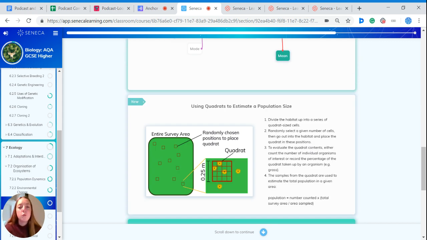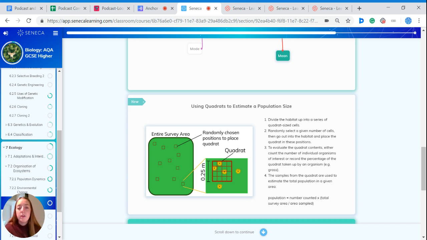So how can we use quadrats to estimate a population size? I'll just run you through the steps now. So first, we divide the habitat up into a series of quadrat-sized cells. Then randomly select a given number of cells and go out into the habitat and place the quadrat in these